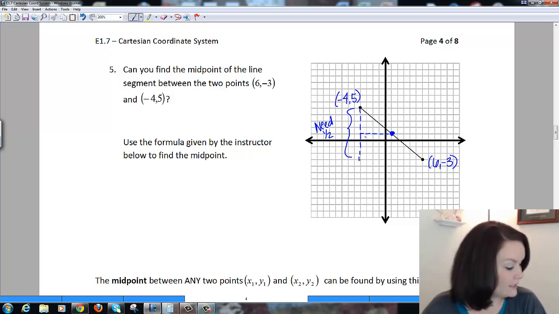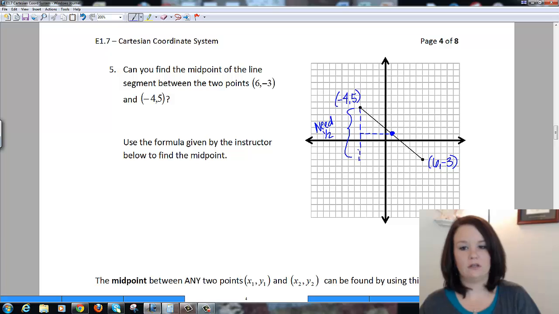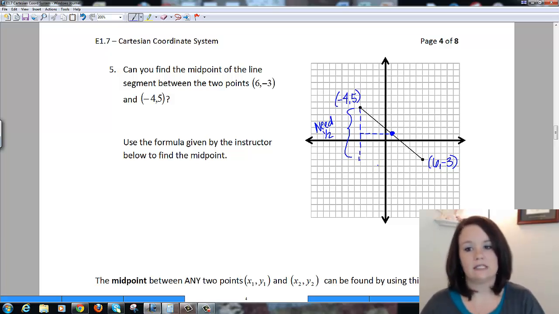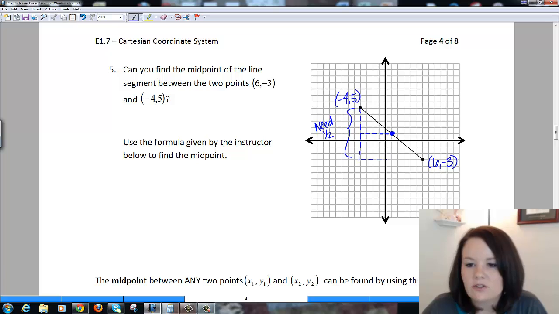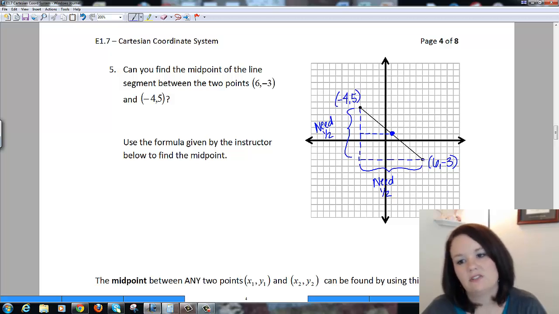Okay, so halfway, and then I need to figure out what would be halfway on my x's. So if I look at my x's again, I'm just going to draw this line on over, and I'm going to say from here to here, I need half this distance. Okay, so again, if I count 1, 2, 3, 4, 5, 6, 7, 8, 9, 10, half of that distance would be 5. So if I start at this point and go back to the left, 5, 1, 2, 3, 4, 5. Notice if I take half that and draw it up to my line,